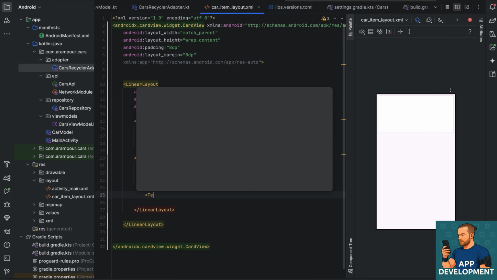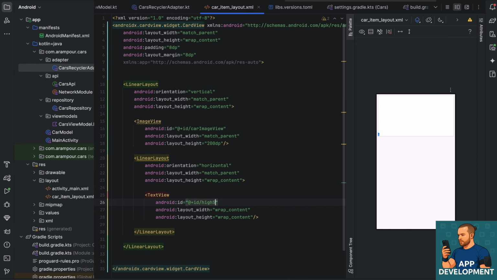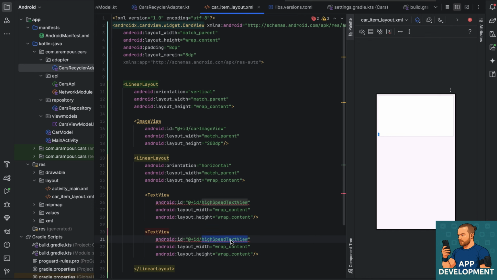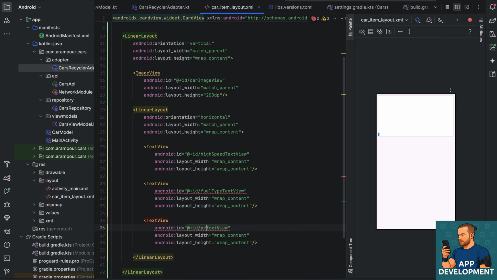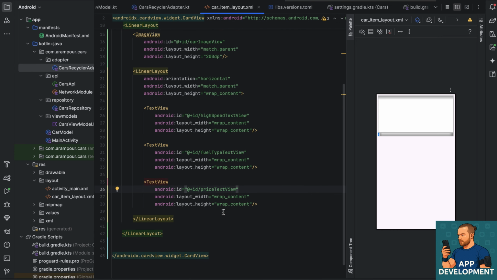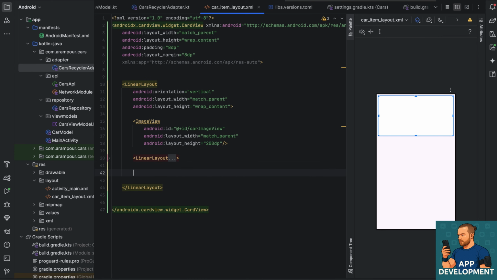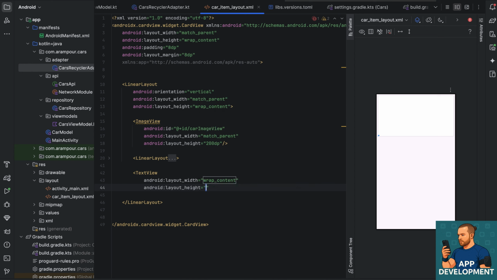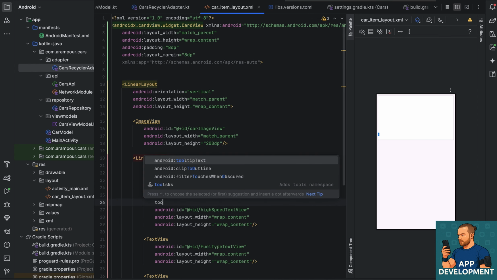and here I want to add text view, ID high speed text view, and here I add fuel type text view, and also price text view. Then below that, means after this one, because we are using vertical layout, I want to add another text view and add this text. So we don't see anything here, so for that I can use